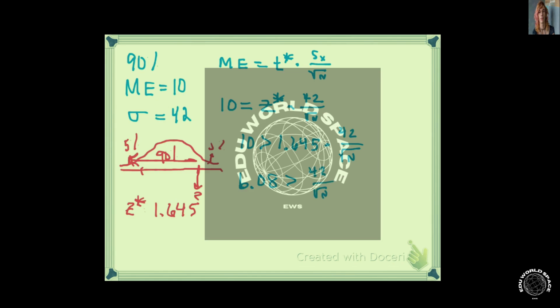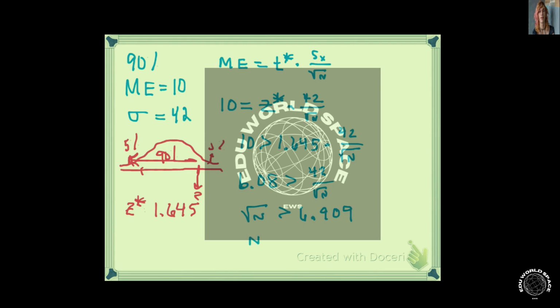And I tell my kids, this is the hardest algebra we're going to do in statistics class the entire year. I got to divide by square root of n. So I'm going to multiply both sides by square root of n. And I'm going to do one more thing at the same time. I'm going to divide by 6.08. So if I take that 6.08 and take it into 42, I got square root of n has to be bigger than 42 divided by 6.08, gives me a 6.909 about. It's the square root of n, so to get rid of that, we're going to square both sides,